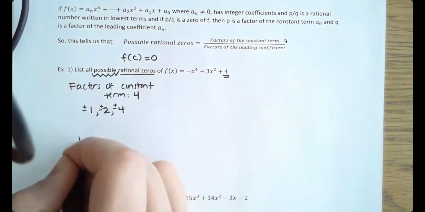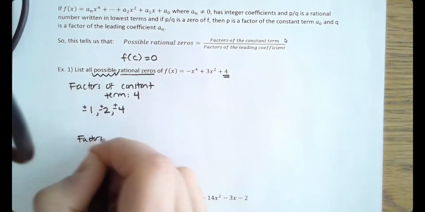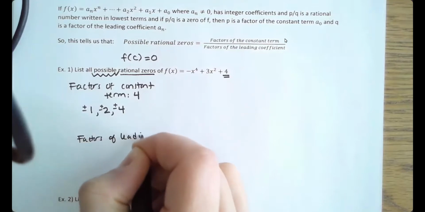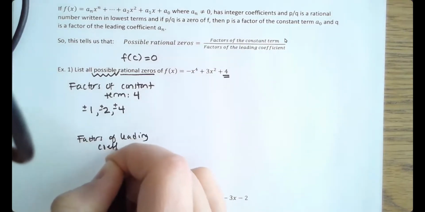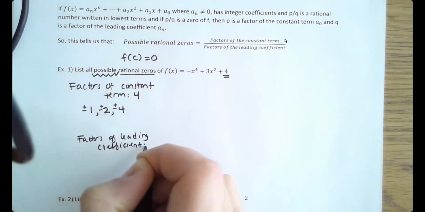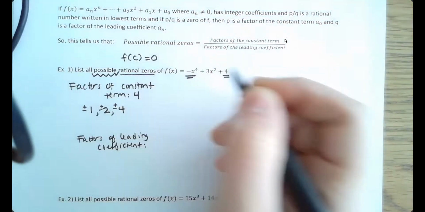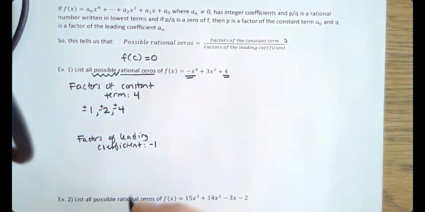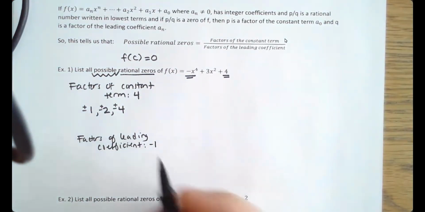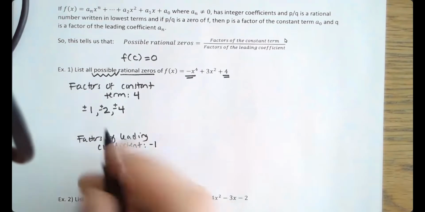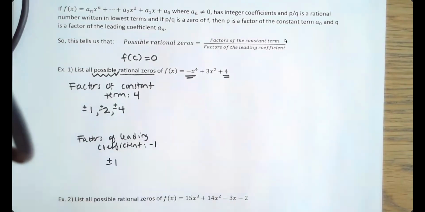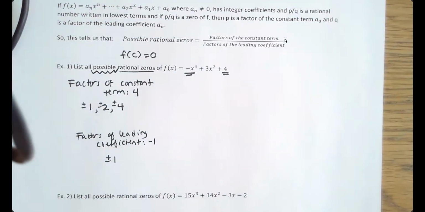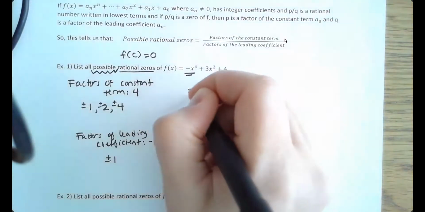And then you look at the factors of your leading coefficient. So our leading coefficient here would be the x fourth term. There's a 1 there, so it's -1. And my only possible factors of -1 are 1 times -1. So plus or minus 1. And then what you do is you put these together as a ratio. So your possible